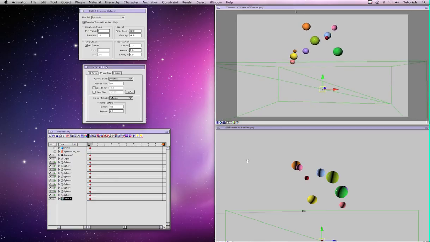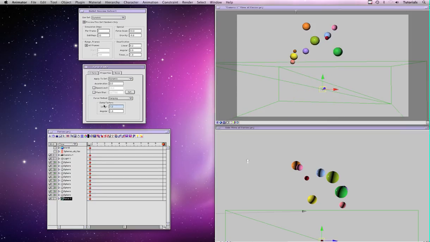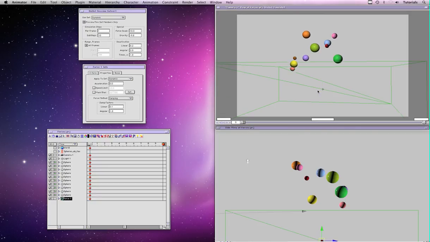Right, in the properties tab here, we have two damp factors. It's the linear damp factor that we're going to be interested in. I'm just going to run the simulation just so you can see what the scene is like before I add dampening. So that's just the objects falling down. So I'm going to change the linear dampening here to 0.1, and we'll see what happens to the objects when they go inside the bounding box of the force. They slow down and accelerate. So they're slowing down when they reach around about the middle of the object,